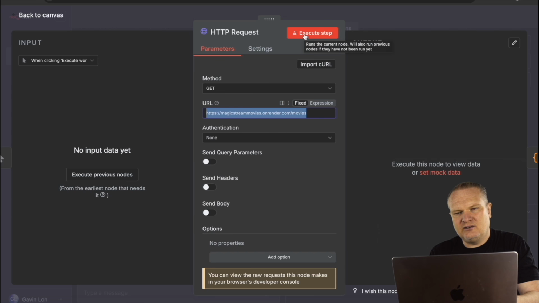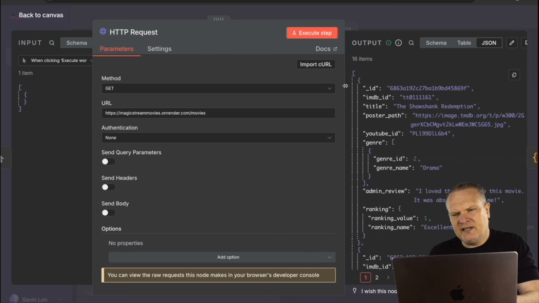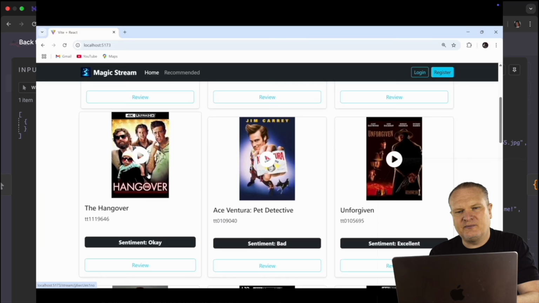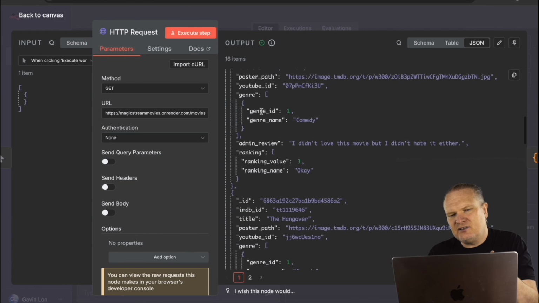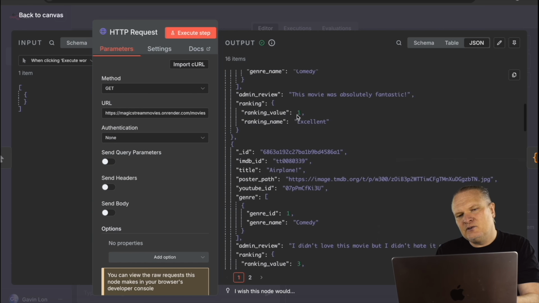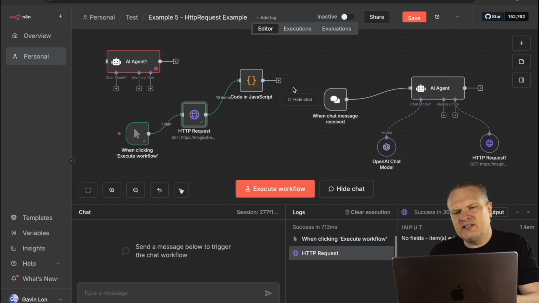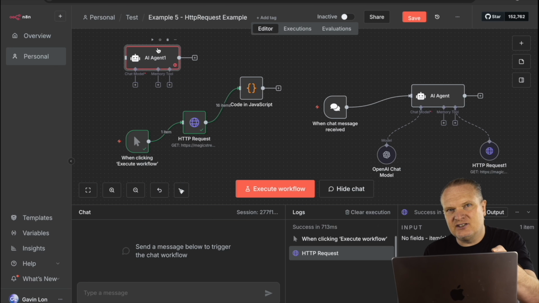So we can execute this step here, and you can see it makes a request to the endpoint that is part of the Magic Stream application, and it returns data about the movies here. Then I found that because of the levels in the hierarchy here, I was unable to effectively prompt the AI agent. Here, I think, is quite a good example of how you can use code to reformat your data before it is sent through to another node, like this AI agent node, for example,